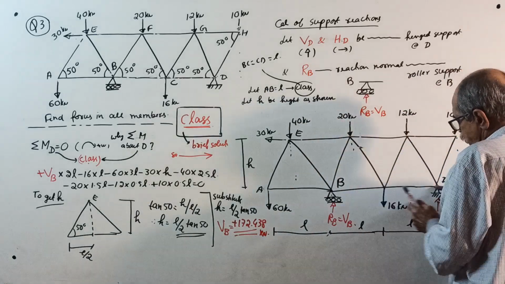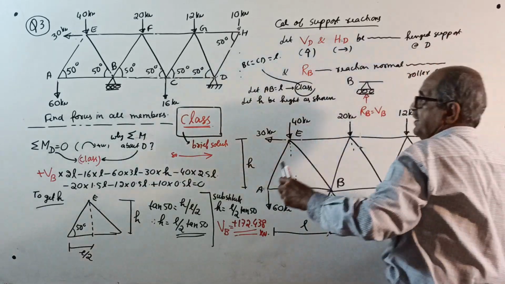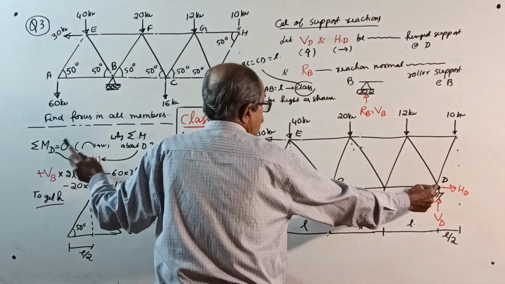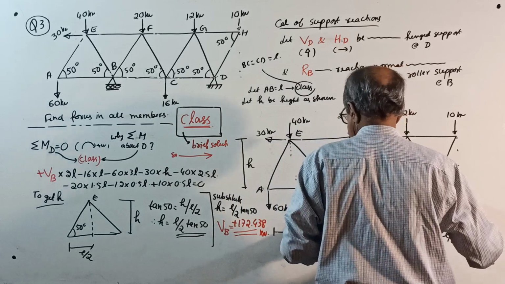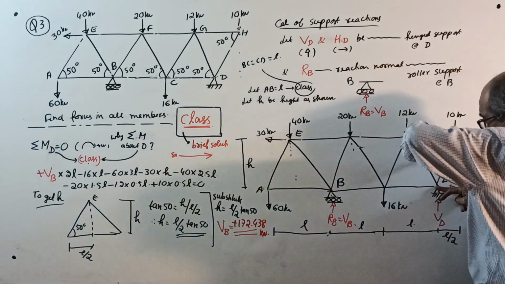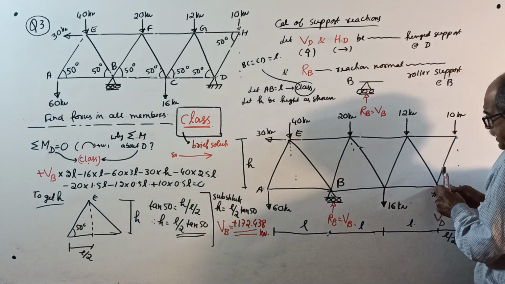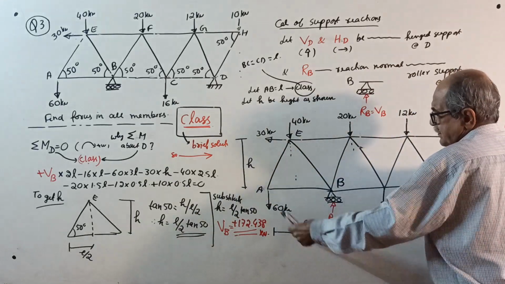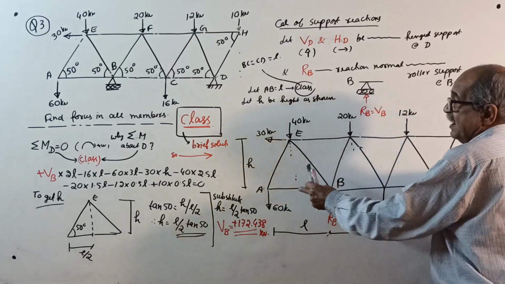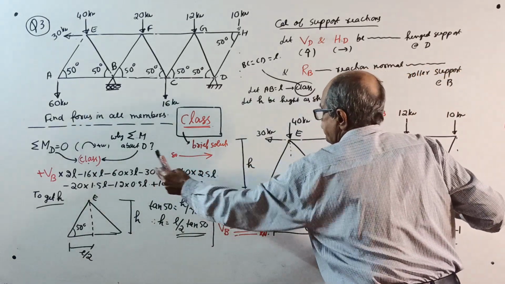VB into 2L clockwise, see here, plus VB into 2L. Now, one by one, start. I stand here. Minus 16 into L, minus 60 into 3L, see, 3L. Then